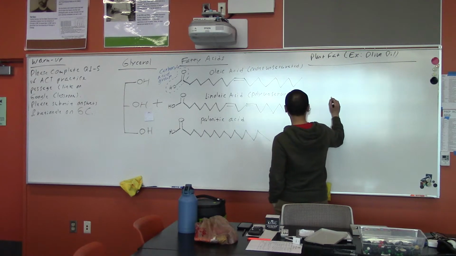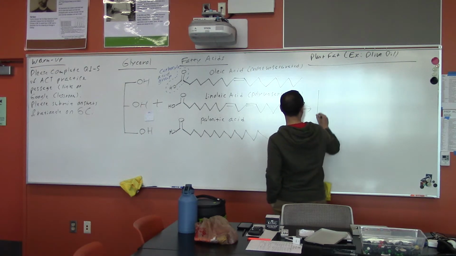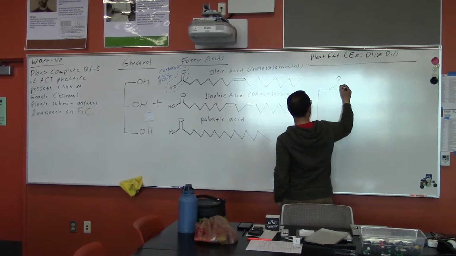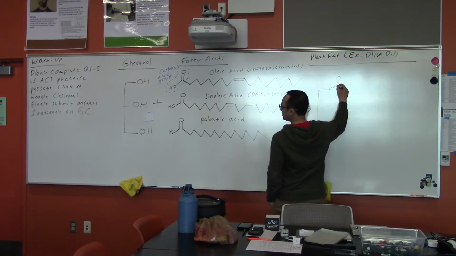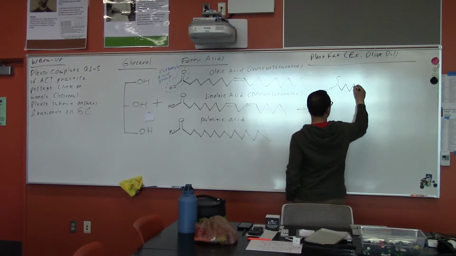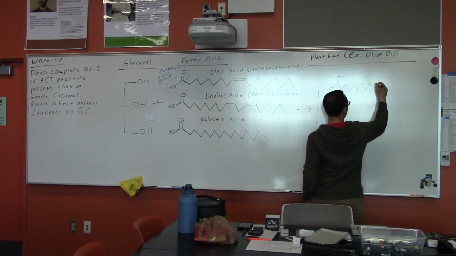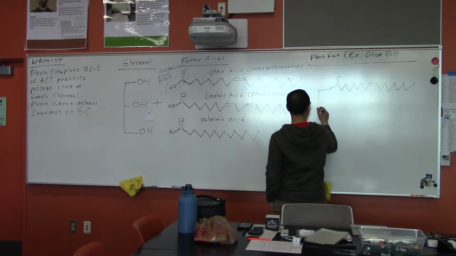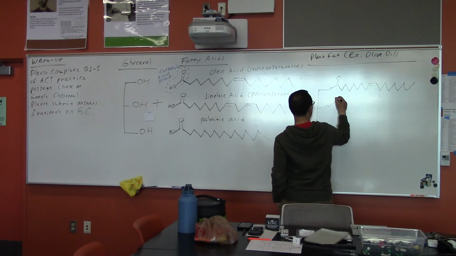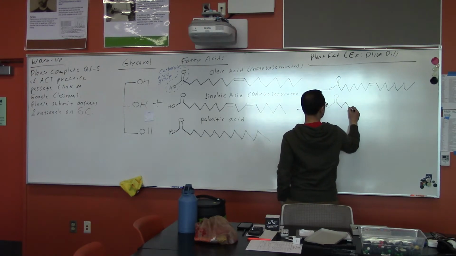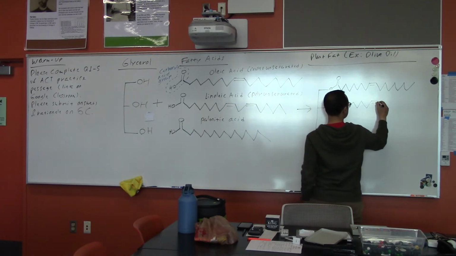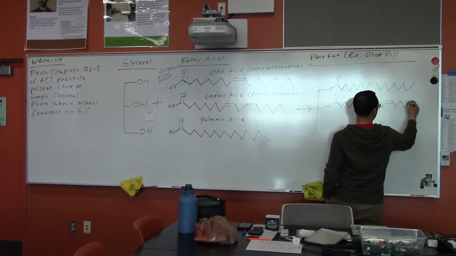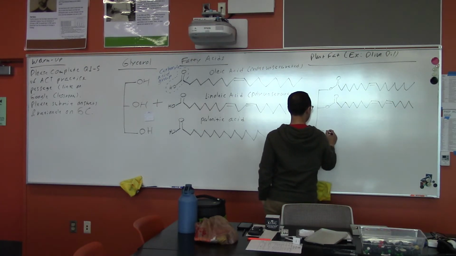And I'm going to draw it a little smaller, okay, because I'm running out of space on the board. But I'm going to go like this, and I go O, carbon, double bond oxygen, and then I go just like I did before, so 2, like that, and then I go, and last one,